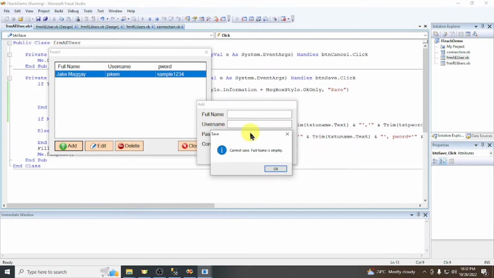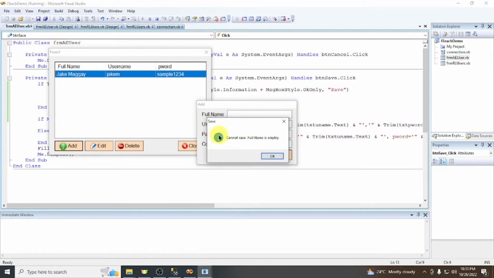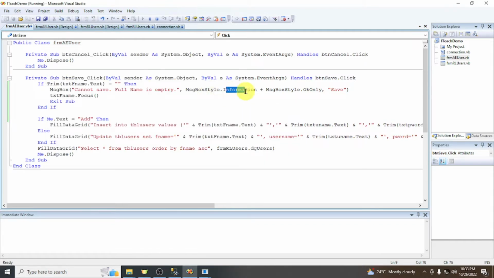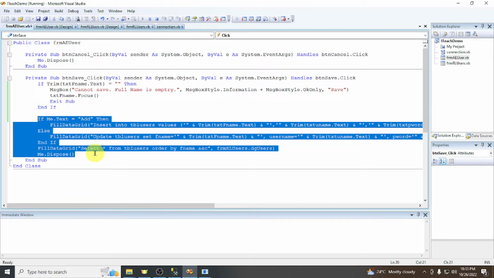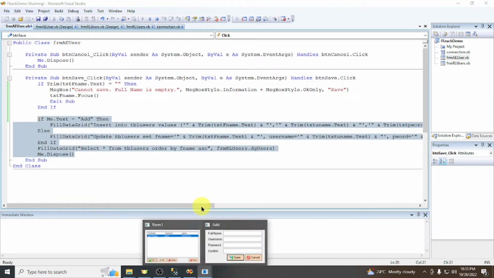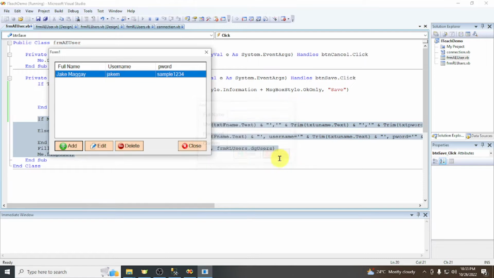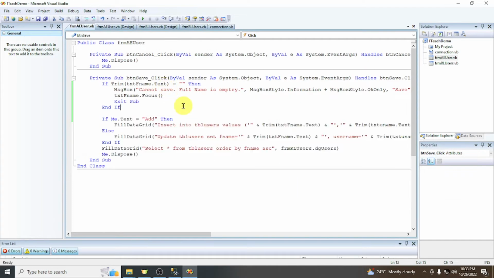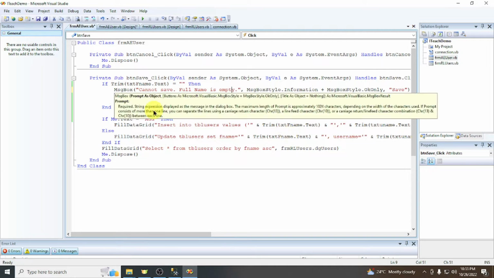message box, and of course the information is the icon here, and then the button, and then the title. And then we are going to put the cursor in the txtFname, and then we will exit the private sub here, Exit Sub, so that it will no longer continue executing these lines of code. Okay, so let's close this one, and let's modify our code,